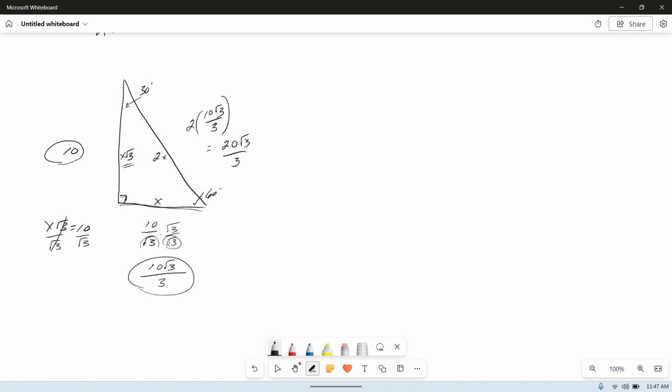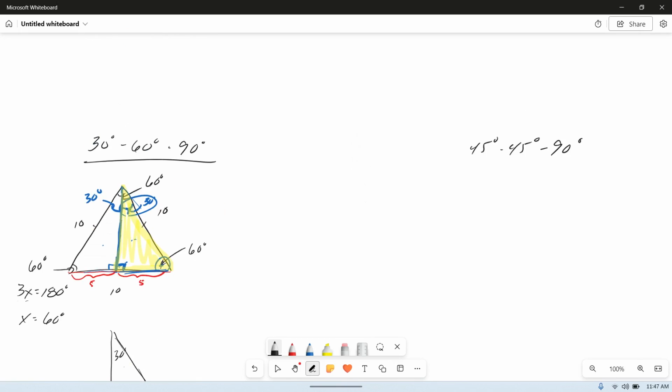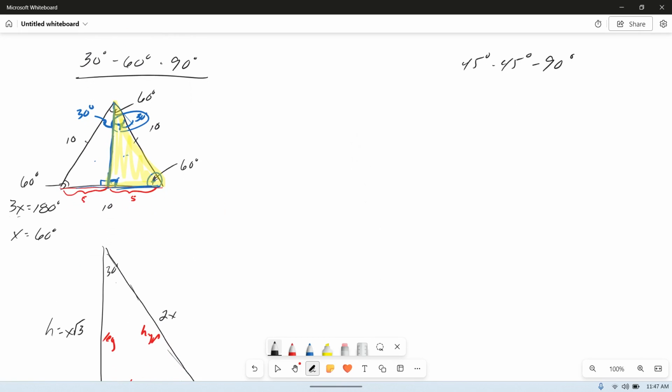Okay, so that gives us a quick look at the 30, 60, 90 degree right triangle. Let's go back up and look at the 45, 45, 90 degree right triangle. If you recall, with the 30, 60, 90, we started by looking at the equilateral triangle and looked at those relationships. For the 45, 45, 90, what I'm going to start by looking at, actually,